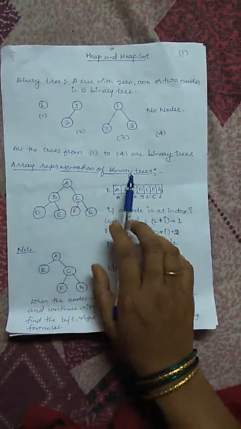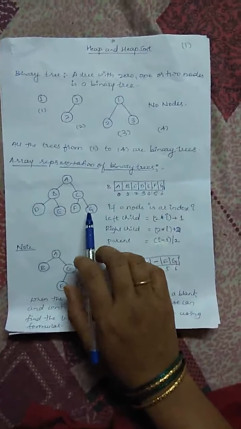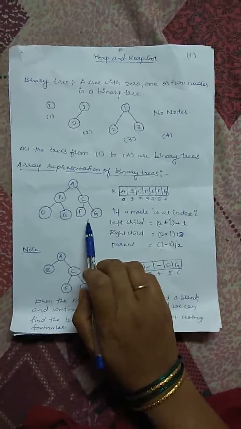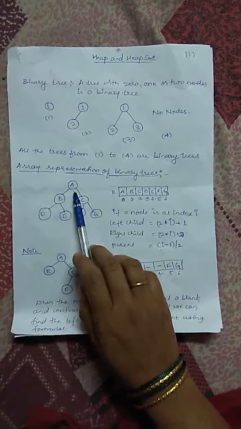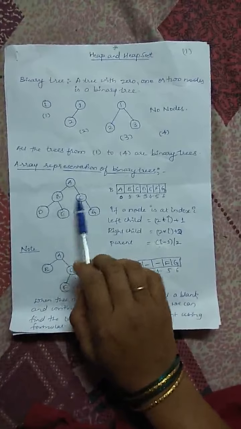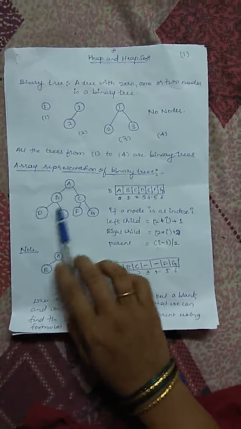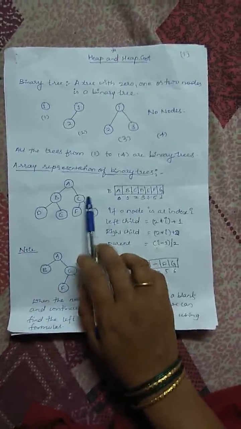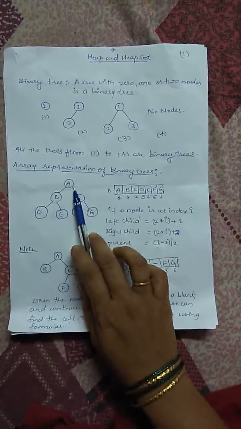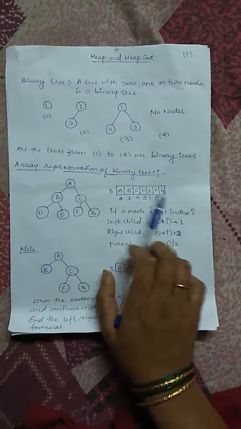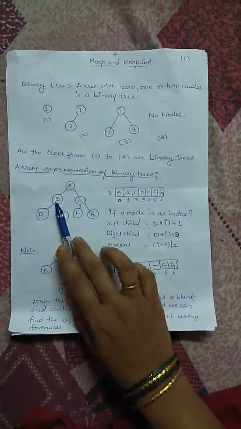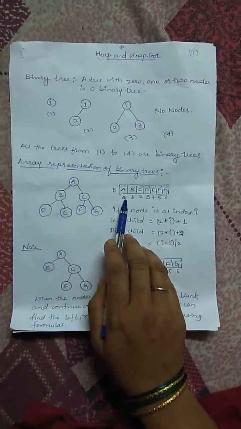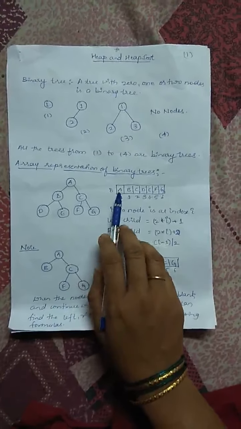Then how do we represent these binary trees in terms of arrays? Array is the simplest form of representation of these binary trees. Now you can see here, starting from A, B, C, D, E, F, G, like this I have labeled them. So you can see that I have written these nodes of the tree level wise. This is the 0th level, this is level number 1 and this is level number 2. So A is in the 0th level. Here in the 0th level only one element is there.